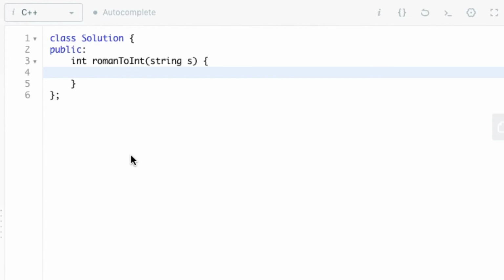Now we can begin with the actual code. So the first thing which we have to do is create a map and insert the Roman alphabets along with their corresponding integer values.